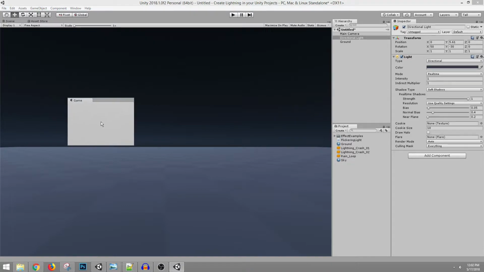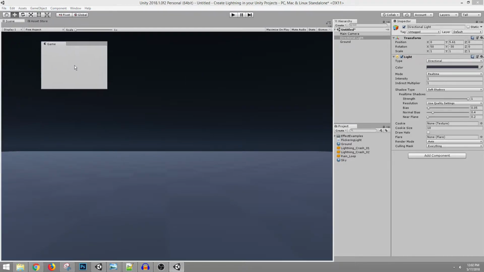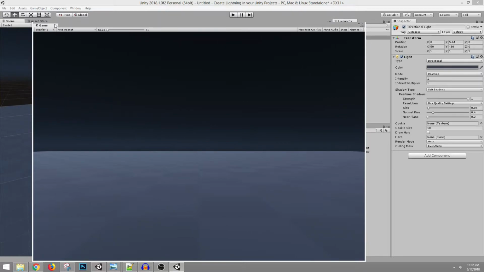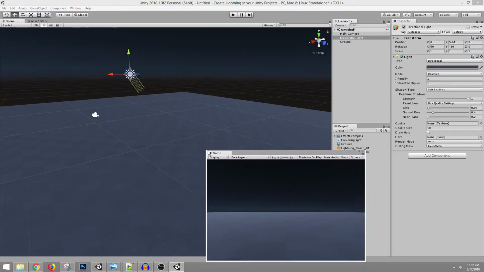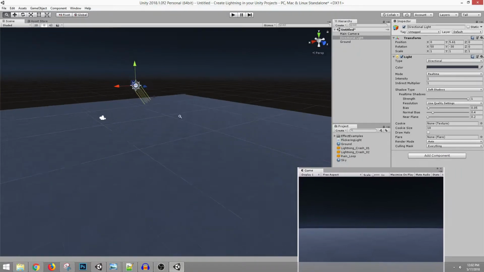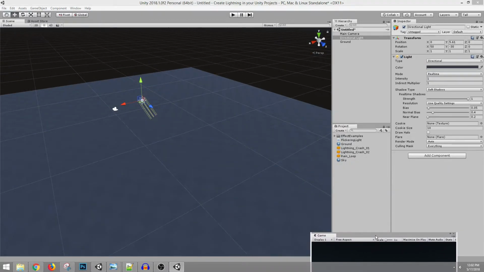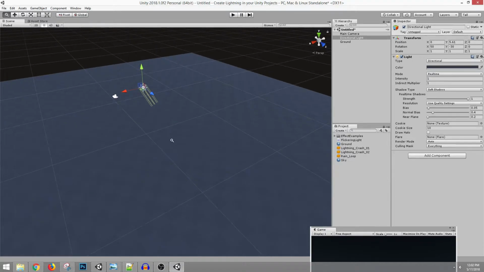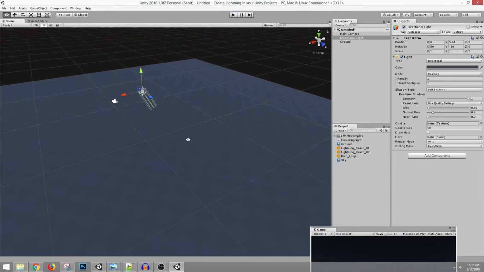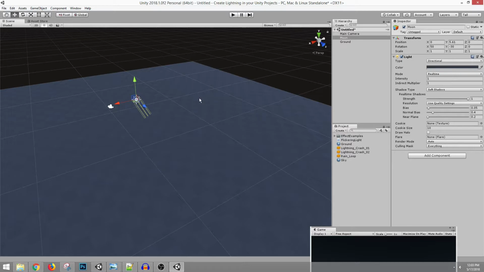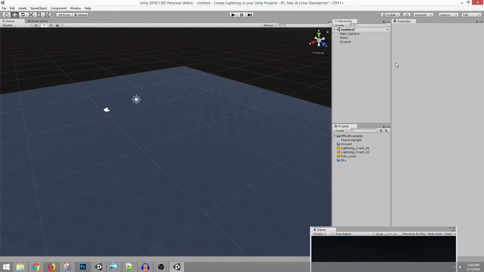I'm going to undock this game window and just bring it down so we can show what our camera's showing. And I'm somewhat okay with the way that looks. So we've created our material for the ground. We've used the directional light that's going to represent the moon or whatever, the evening light source. And then the next thing we will create is an audio source that we need in the background,